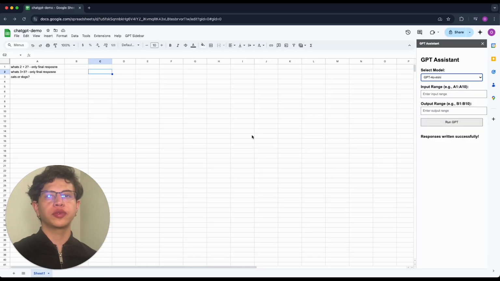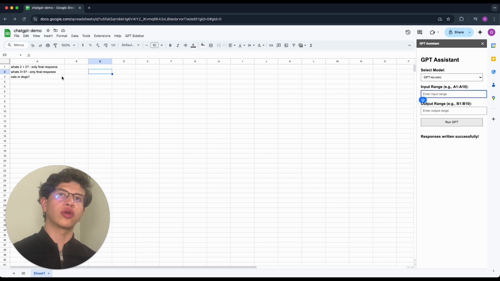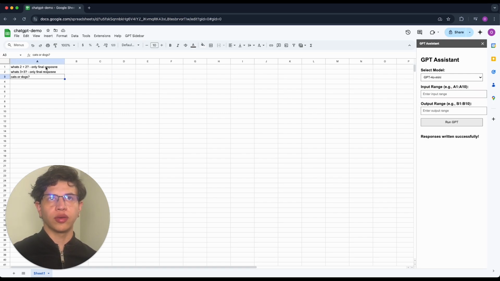So what's up, guys? I'm going to explain today how to create this GPT assistant. As you can see here, it is in the sidebar in Google Sheets, and here I added 3 options. You can select between 2 models, GPT-4o or GPT-4o mini, and then we have 2 more options here. One is to select the input range. I was doing some tests here, so for example, we can select from A1 to A3. So that's what we're gonna do here, so you can see that it works. A1 to A3, and then we have here where do we want the responses to be written. So for example, here will be B1 to B3, and if we select, for example, GPT-4o and we run the GPT,